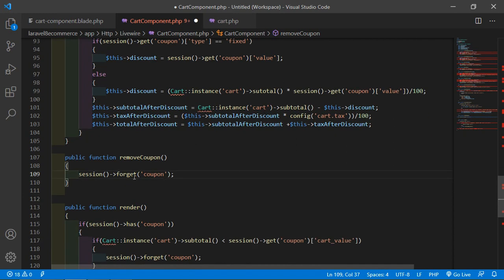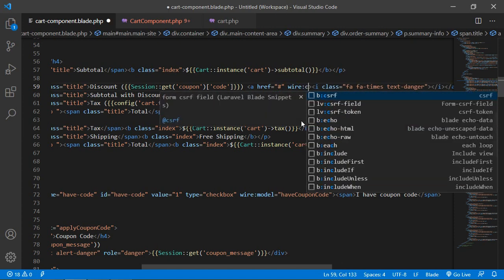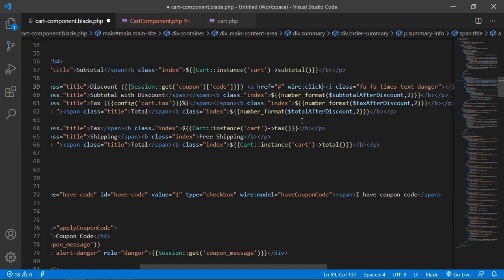Now copy this function name and go to the cart component view file, and inside this remove link, add wire colon click equal to the function name remove coupon.